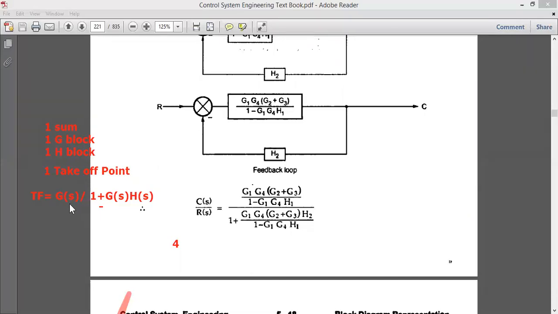So what does the transfer function say? It is G of S. Write the complete G of S as it is in the numerator. So this is the numerator. You can see this is my numerator, written just the same as it is, divided by. Divided by 1, right? So where is 1? My 1 is here, you can see. Then G of S over, divided by, is also over. I have written 1.